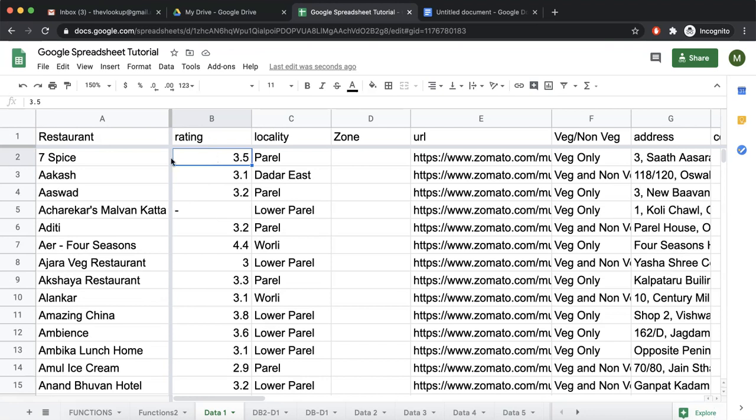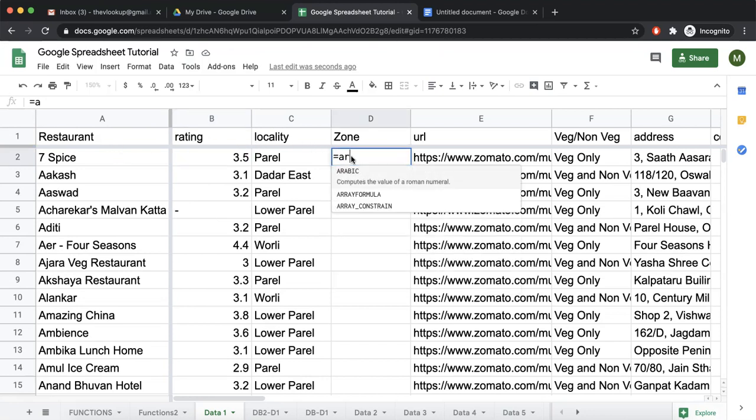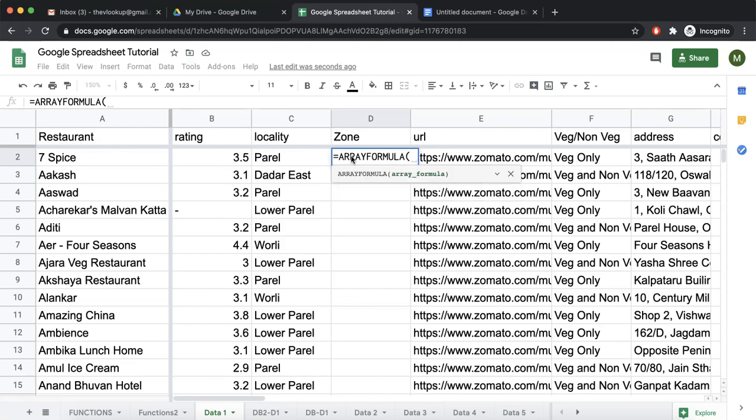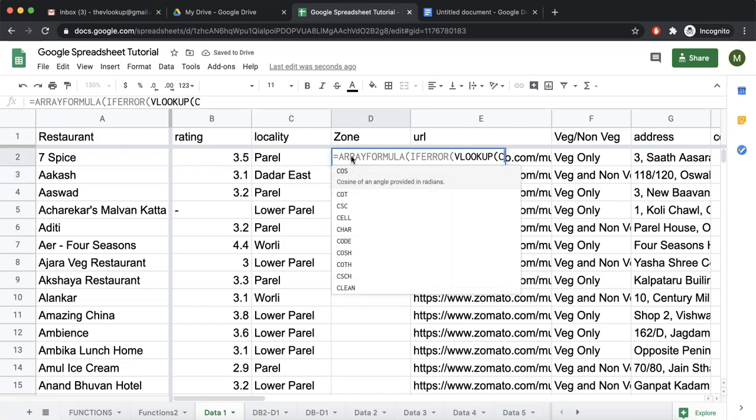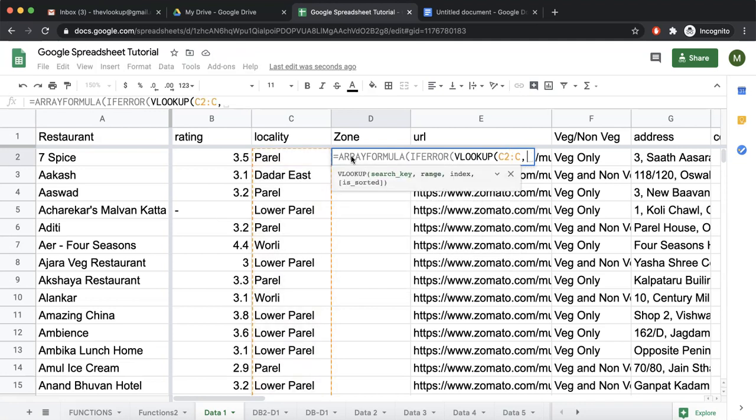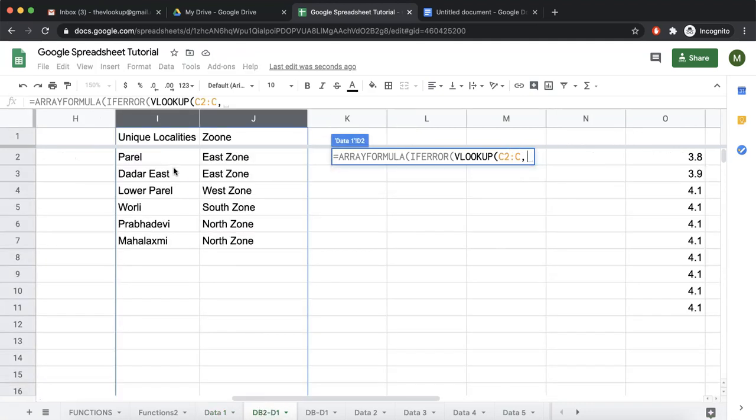Now, for example, let's assume that over here we had written the function that we wrote last time. Array formula, IFERROR, VLOOKUP, C2 to C, comma, this index, second index 0, if error then blank, array formula closed.